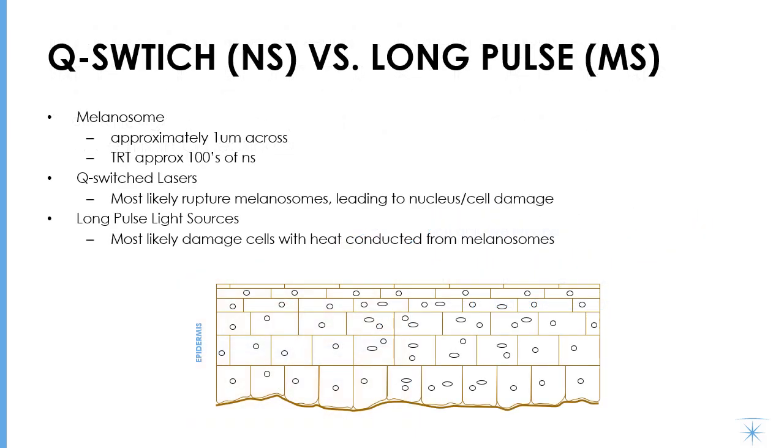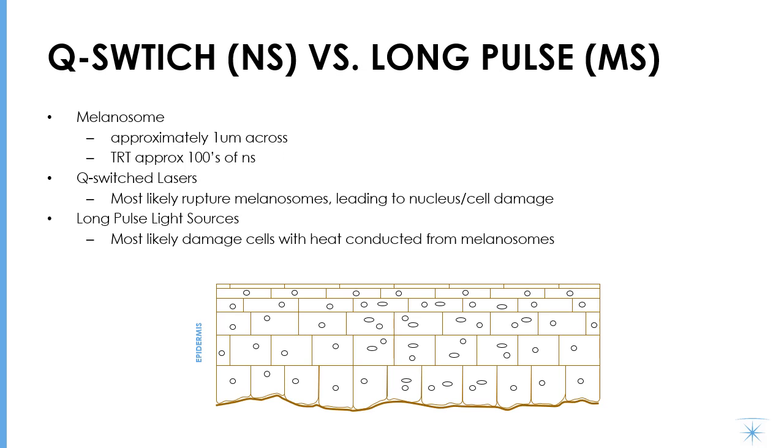For Q-switched lasers versus the long pulse lasers, the Q-switched lasers are in nanoseconds. The long pulse lasers are in the milliseconds or microseconds. So when we are targeting melanosomes, they are about 1 micron in diameter. The thermal relaxation time lies in the hundreds of nanoseconds. The Q-switched lasers most likely rupture melanosomes, leading to nucleus or cell damage. So it's a mechanical effect, and that's why we can target dermal structures and dermal pigmentation or tattoos with the